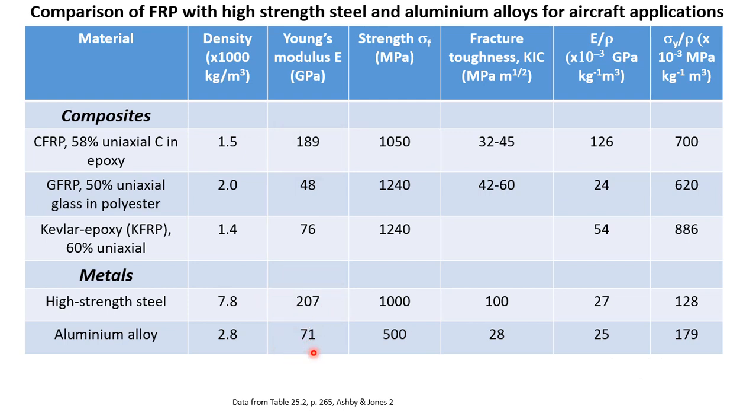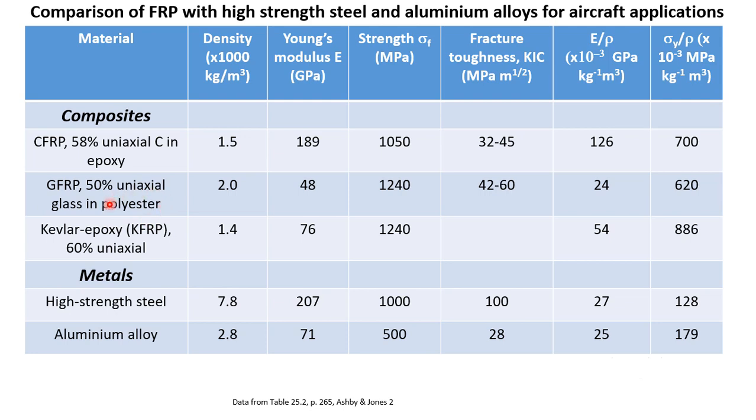Aluminum alloy has lower stiffness, which is comparable to the stiffness of Kevlar epoxy composite. GFRP has got very low Young's modulus value, so therefore it is not as stiff. Now looking at the strength among composites, CFRP gives slightly lower compared to Kevlar. Both have epoxy as the matrix, so Kevlar is better in terms of strength, and here GFRP has got higher strength, and because in this case